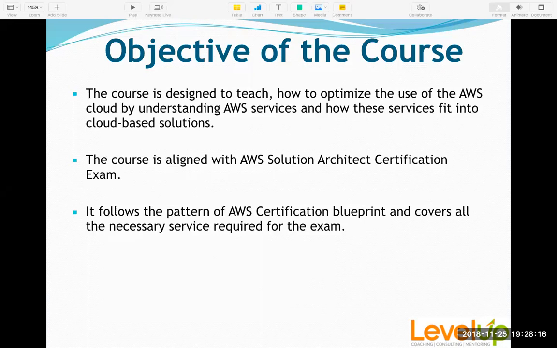For you to understand what this Amazon Web Services